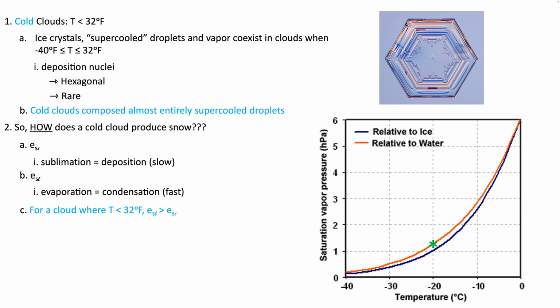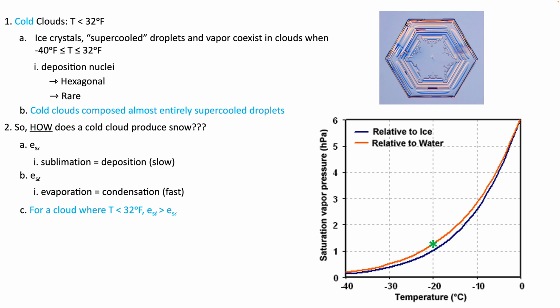Now, what we see in our cold cloud, where the cloud is comprised primarily, almost entirely, of water droplets, we have to have an environment where those water droplets can actually exist, or we won't have a cloud. And so what we see in a cold cloud is that the air has to be in equilibrium or saturated